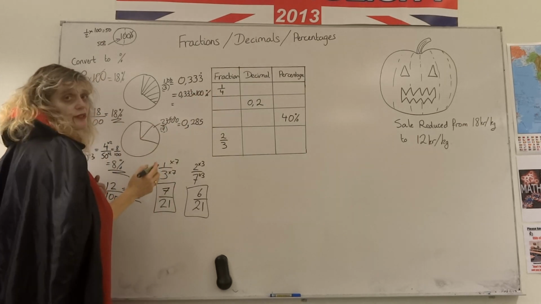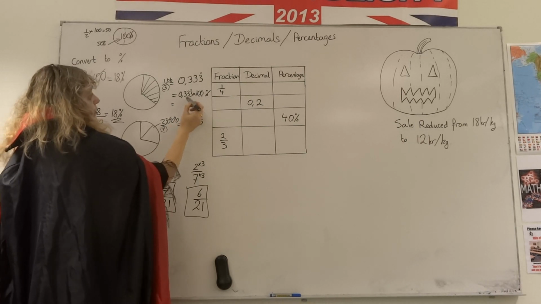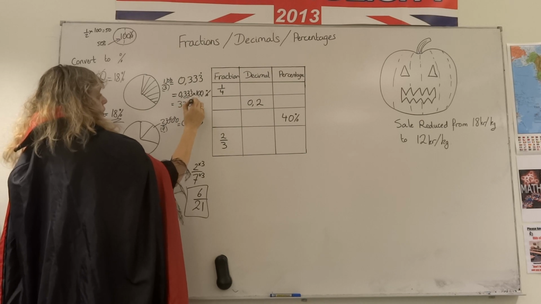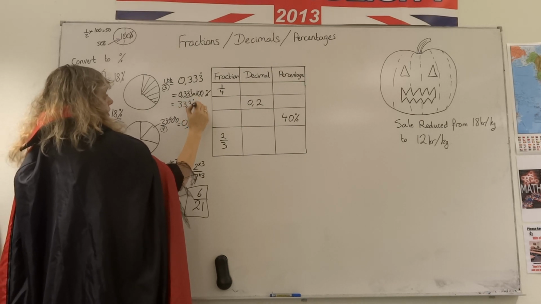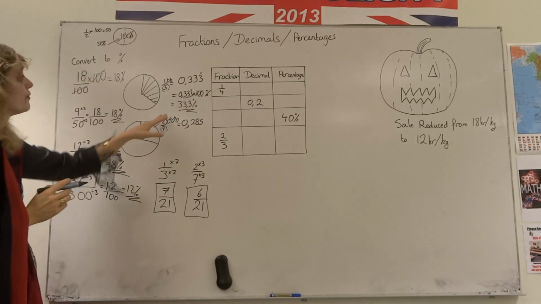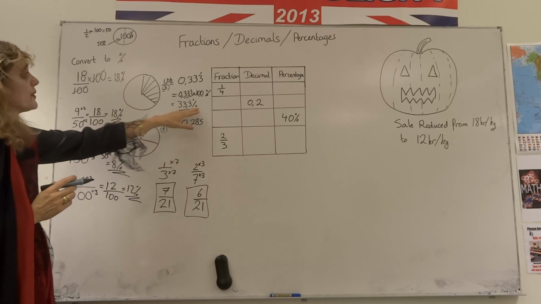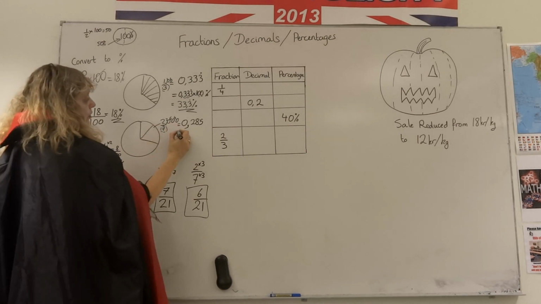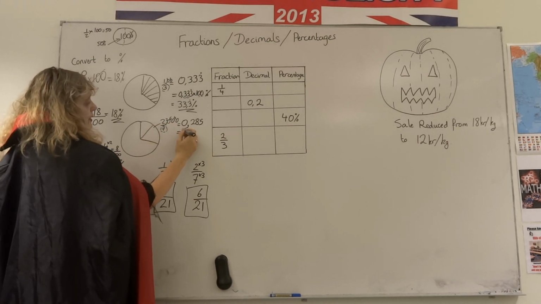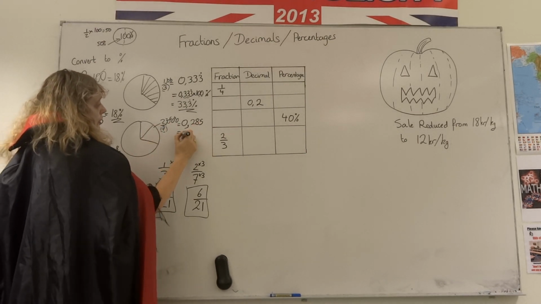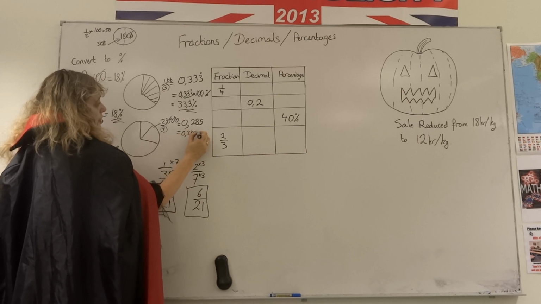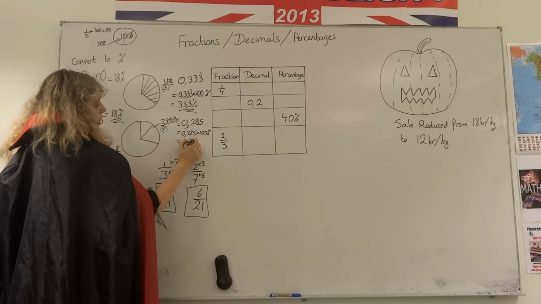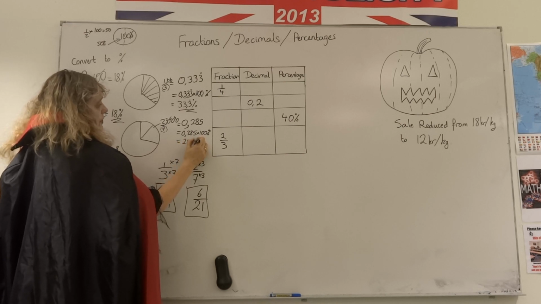So 0.33 multiplied by 100, we've got 2 zeros here, so we move the decimal point 2 places, gives us 33.3 recurring percent. So any decimal can be converted to any percentage by just multiplying by 100. Same here, we could convert this to percentage by multiplying by 100. 0.285 times 100% equals 28.5%,